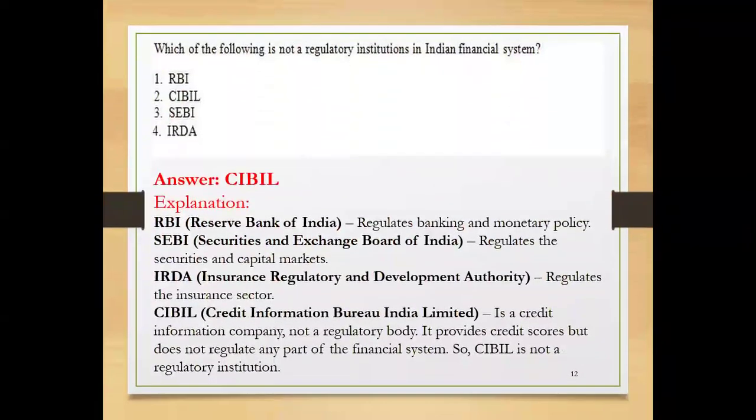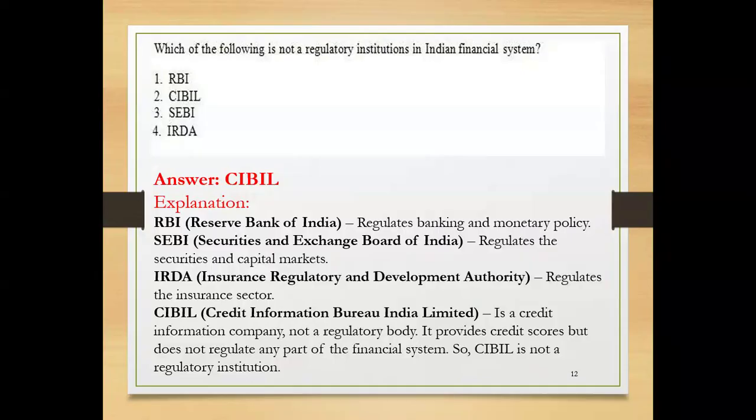Then another one. Which of the following is not a regulatory institution in the Indian financial system? Whether it could be RBI, SEBI, IRDA. So the correct answer is CIBIL. CIBIL is not a regulatory body, whereas RBI, Reserve Bank of India, regulates banking and monetary policy. When it comes to SEBI, it regulates the securities and capital markets. When it comes to the IRDA,